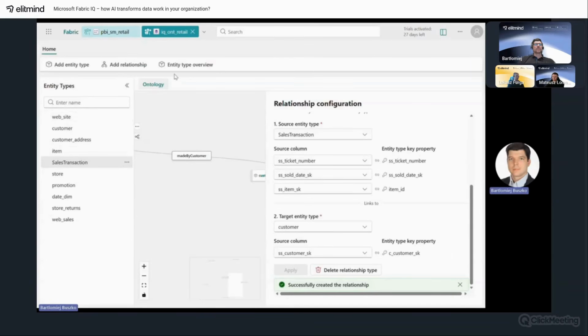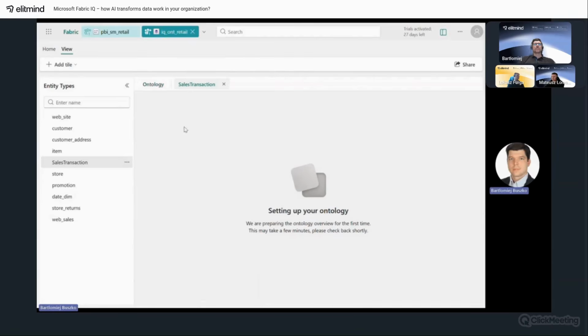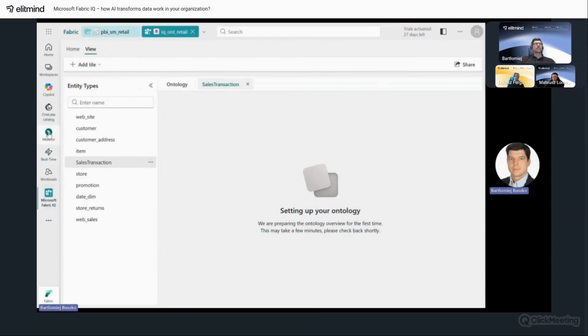But at this moment, I would like to show you the entity type overview, because clicking on this button triggers the refresh of the graph model, which is underlying the ontology. So here, setting up your ontology means that the graph model under this ontology is being refreshed for the first time. So let's take a look at Fabric monitoring.